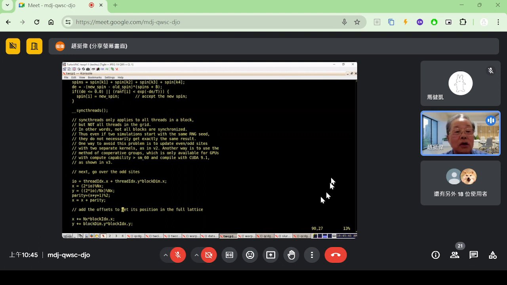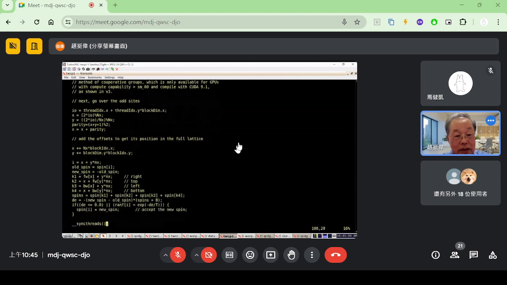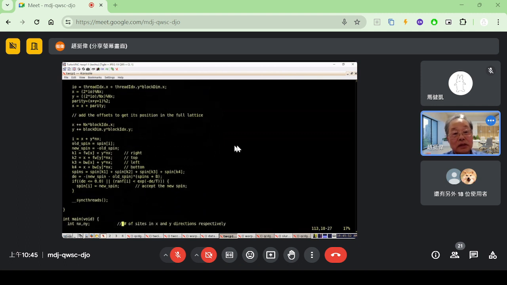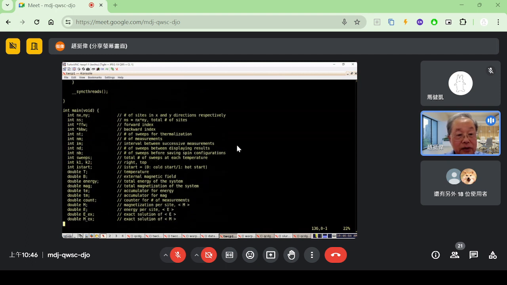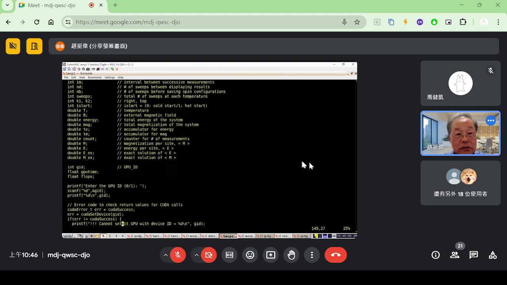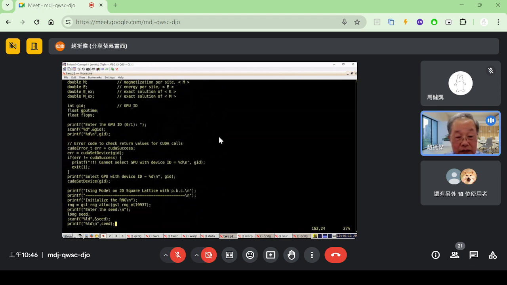So I go to the odd size and then do the updating, okay, update the odd size. So that means the updating of the odd size and the even size are in the same kernel. And you can see here everything else is quite similar to the CPU code, but then for the GPU related features